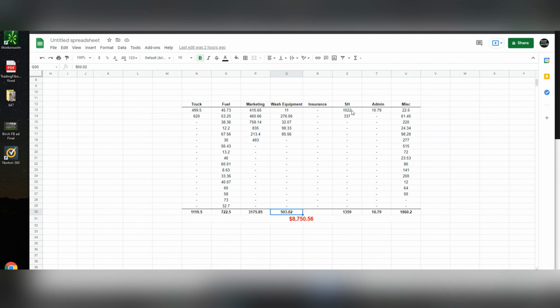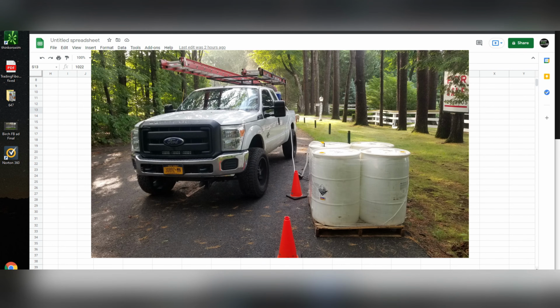Okay, next let's take a look at our SH. Again, another variable expense. Depending on how busy you are from one month to the next, whether you pick up a big job in the middle of the month, your chlorine, your SH usage is going to change. I get mine bulk from a distributor. That's what this $1,022 is. That is roughly